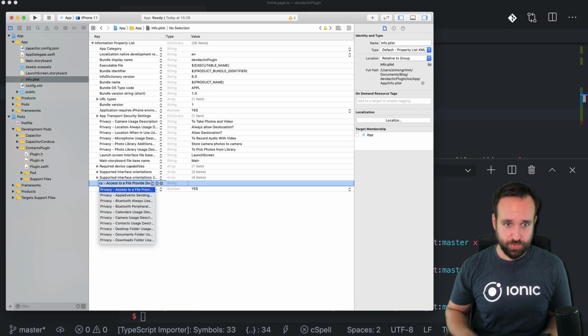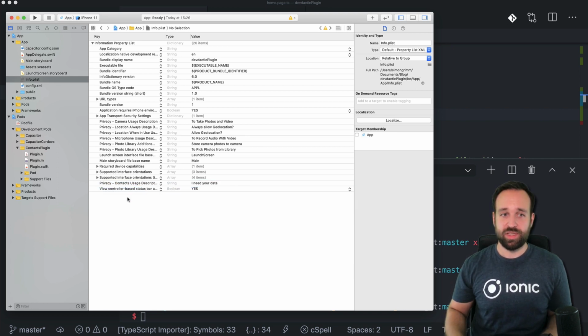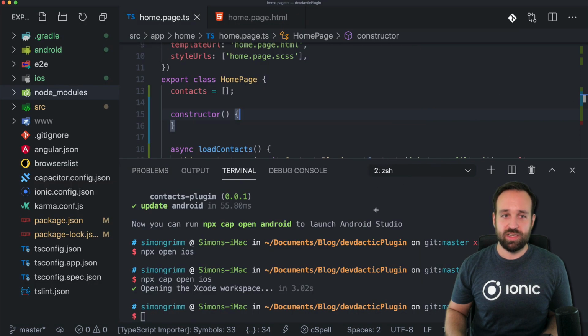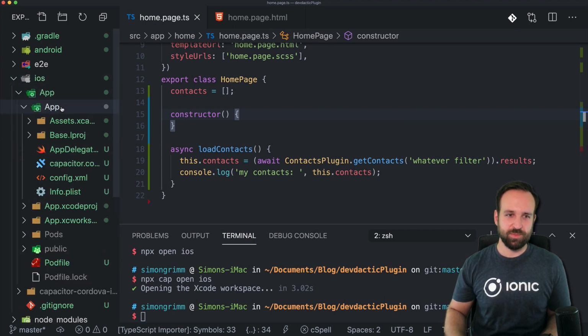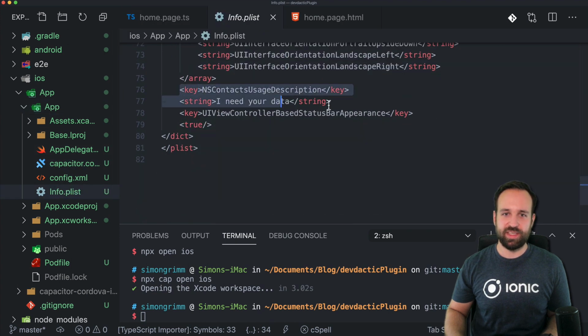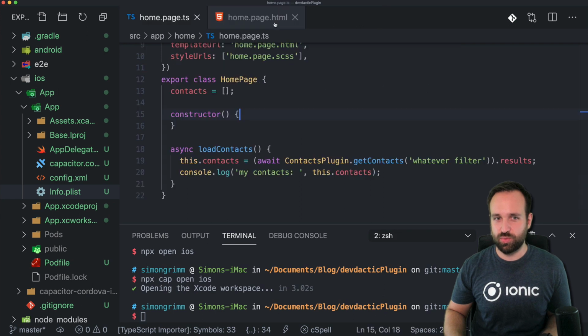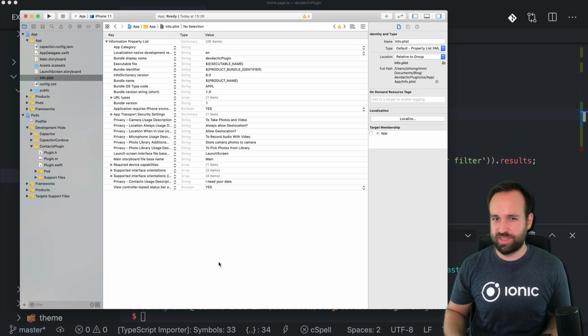So we can search for privacy contact usage. I need your data, and there we go. This is something you could actually also do from, what's this called, Visual Studio Code. So you could check out the info plist here and find the key and set it for yourself in there as well. But still, I think it's kind of good to get used to the native Xcode and Android Studio a bit